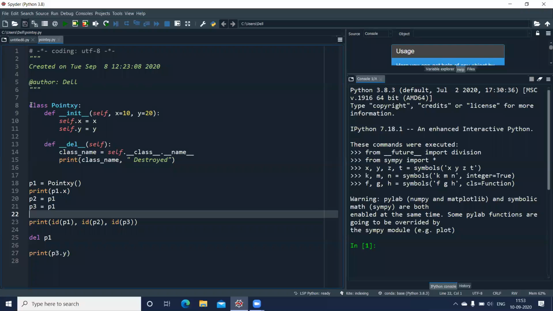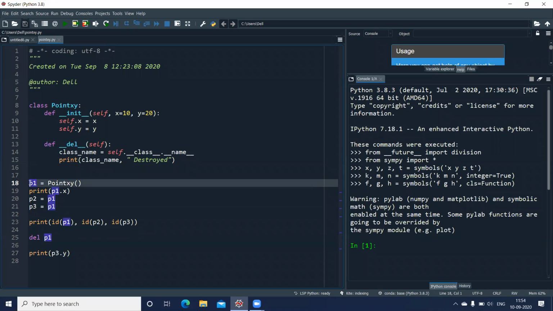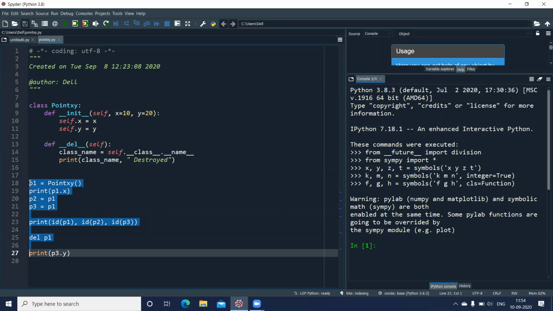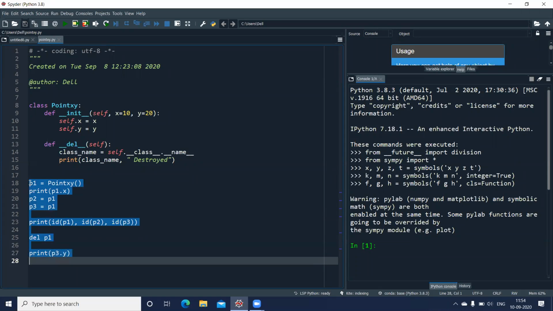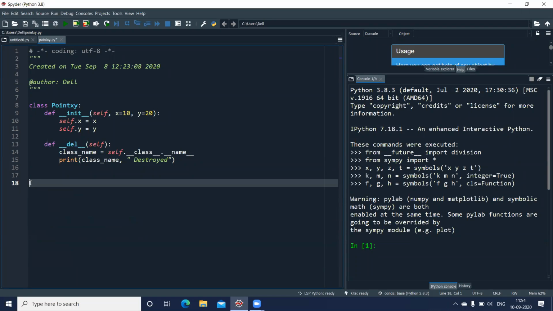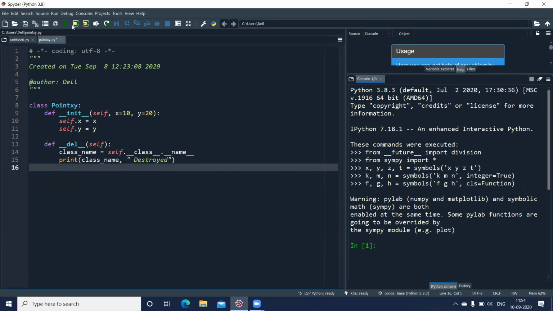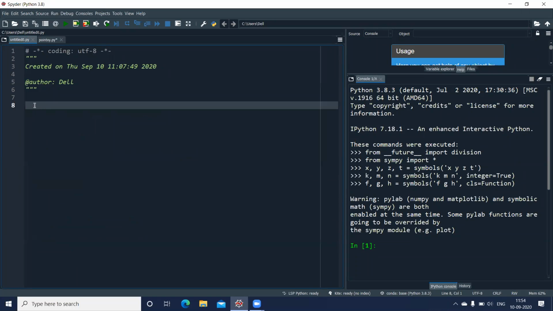So you can keep the class in one file separately, and use this code in a separate file. So what I'll do now is I'll keep the class and the definitions inside the class in one file, and I'll remove this code. Okay, that is, I'll cut it off from here and paste it in a new file.